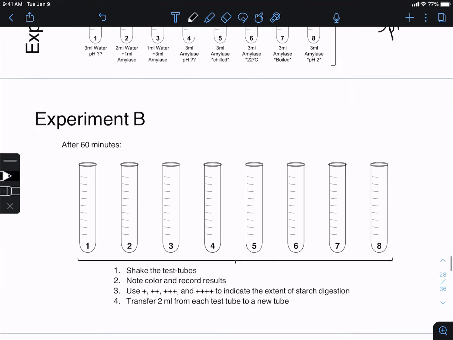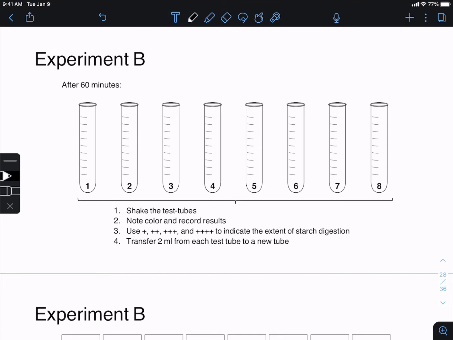60 minutes later, you're going to retrieve your test tubes. You're going to shake them. You're going to make note of the color. You are going to use plus symbols to represent the extent of digestion of starch. Iodine. Remember, iodine changes color in the presence of starch, and as that color change is lost, then that would represent an absence of starch. So if iodine turns blue, for example, blue indicates starch is present, but the blue is lost,